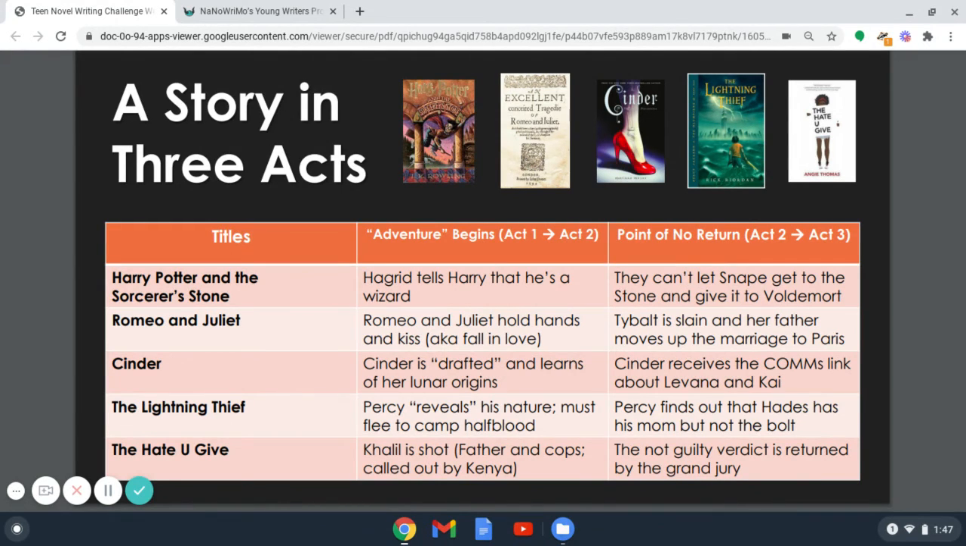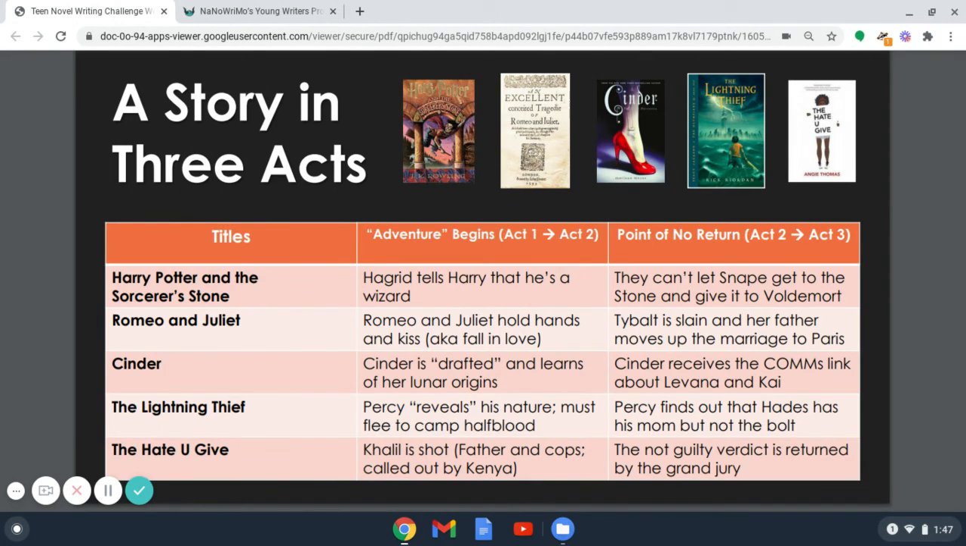The moment, not so much an adventure, but the moment that the parts of the story really go into motion for Star is when Khalil is shot. She's there, she witnesses it, she has now been brought into everything that happens afterwards, whether she wants to be or not. And the point of no return, or the Act 2 and Act 3 for that story,